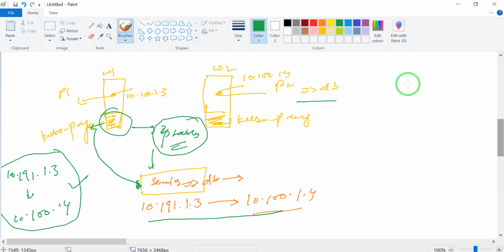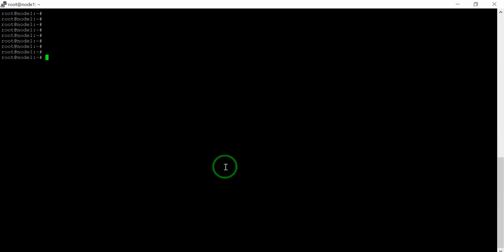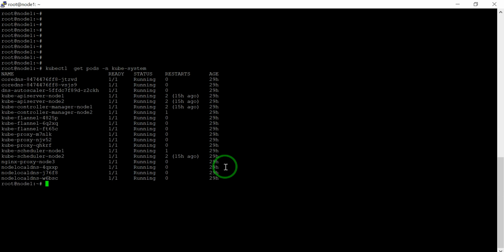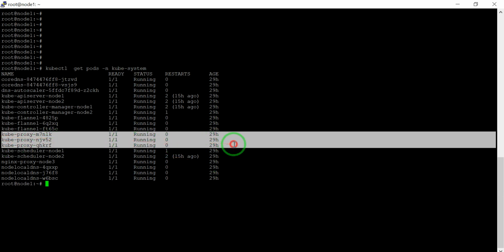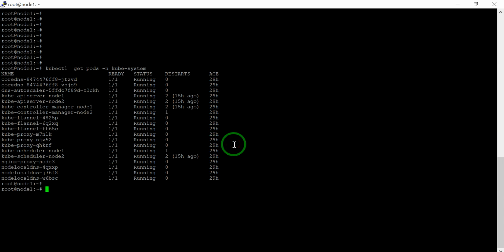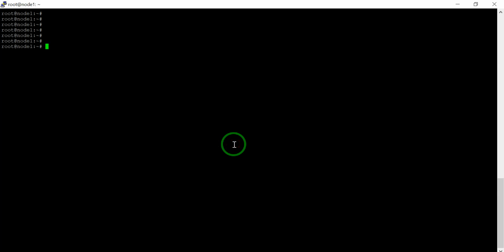So let me show you where we can find kube-proxy. This is my cluster. First of all, it always runs in the kube-system namespace. So there is kube-proxy; three kube-proxy pods are running here. It's actually a DaemonSet of the cluster as well.